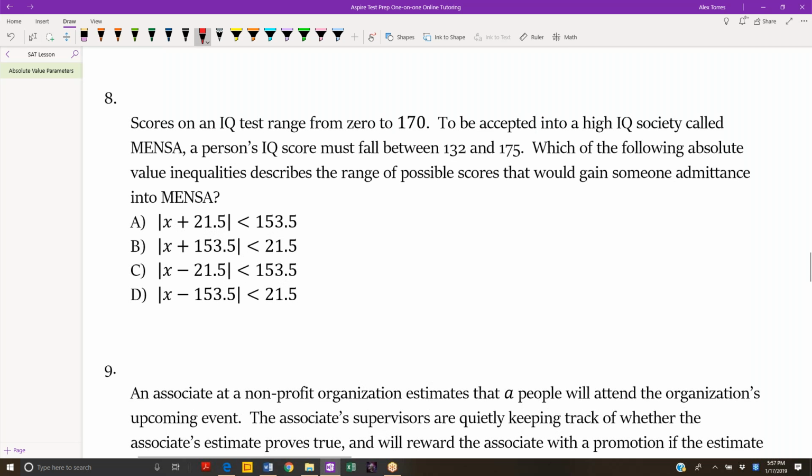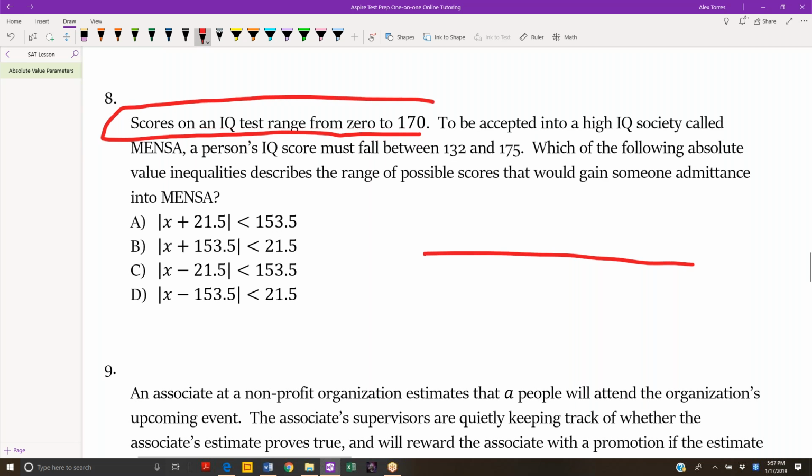So right here, same idea. The scores must range between 0 and 170. I would call that unnecessary decoy information, which the SAT is really good at giving us. 132 to 175 is what they tell us. So we want to know the middle number, so we're going to average 132 and 175 by adding them up and dividing by 2. And we get